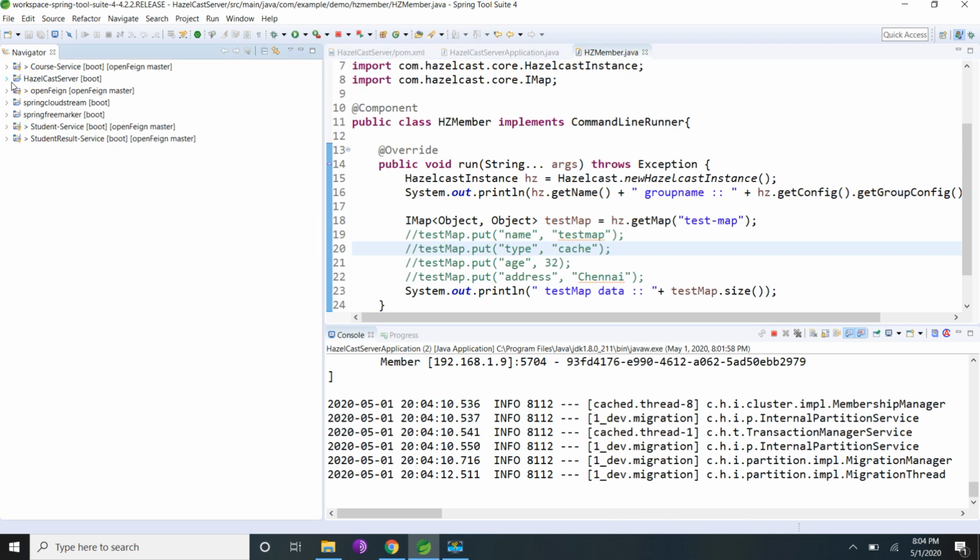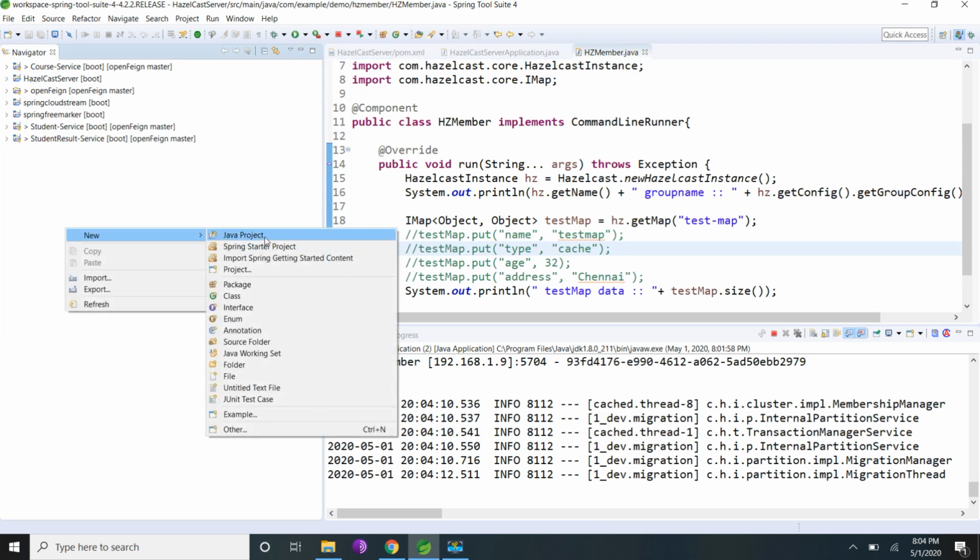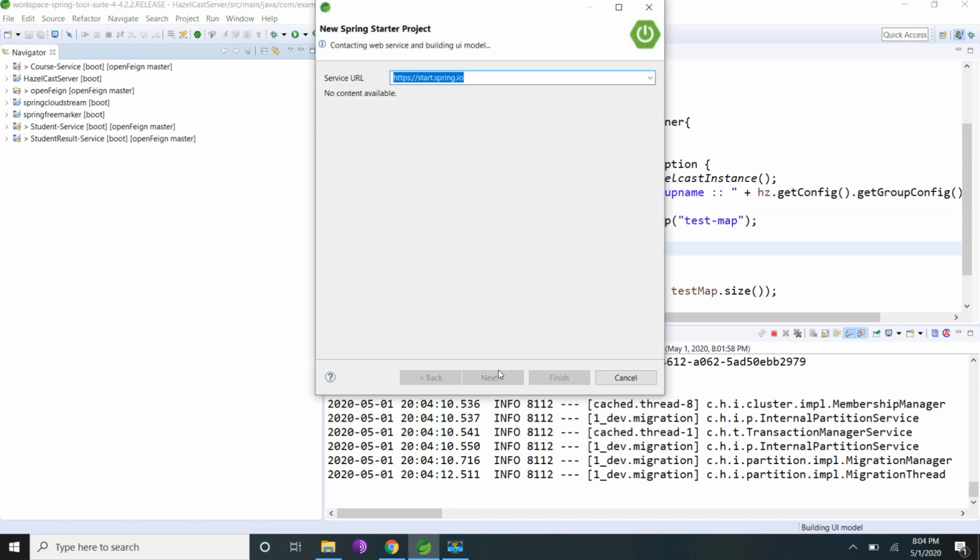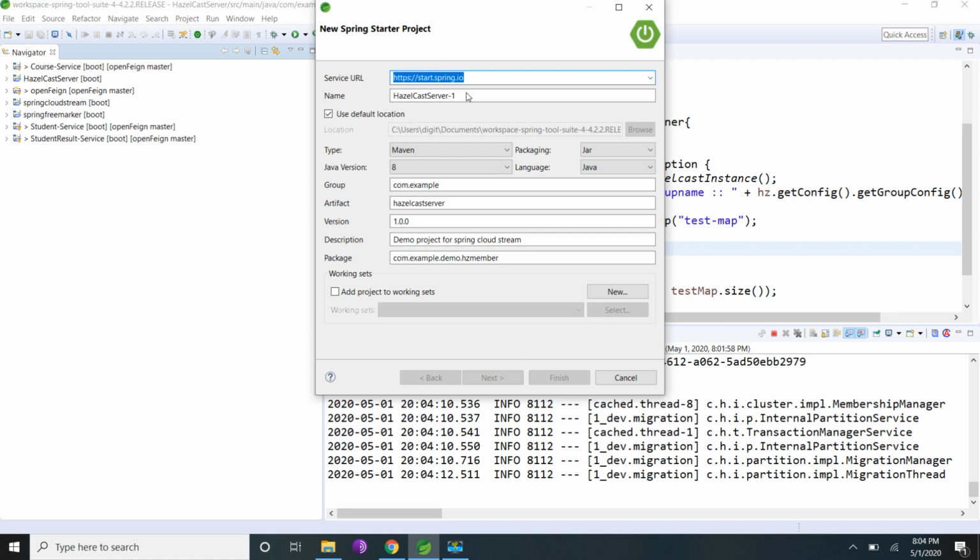So now I'm going to create one client application to connect to this Hazelcast. The Spring Starter project. Client.